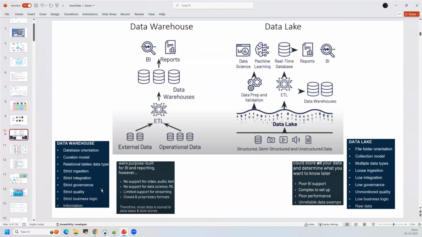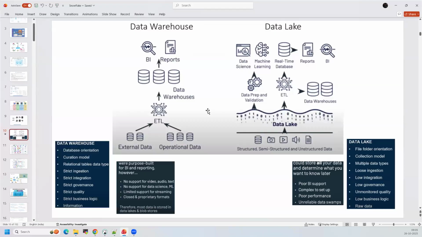We give access to this data. So we say that only few people can access that, few should not access. So there is a data governance. There are strict rules followed for using the data. Okay, so when you are using a data warehouse in an organization, the permissions, policies, and governance are applied, and you can store